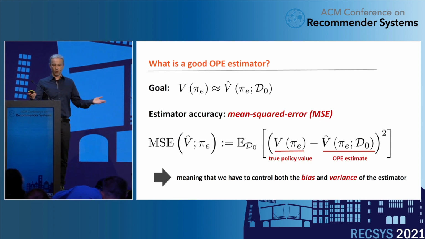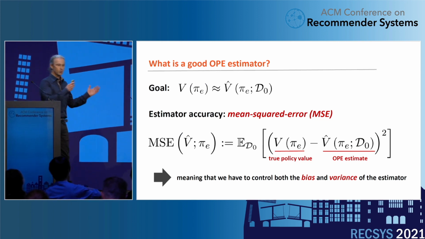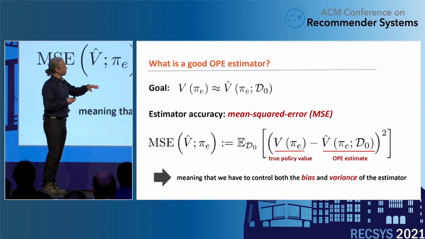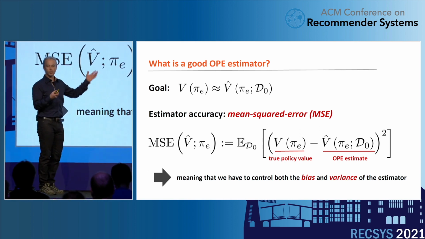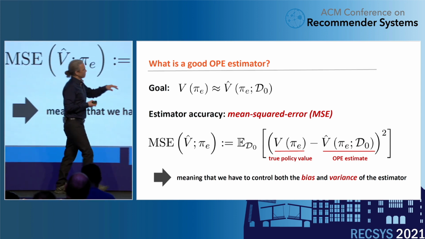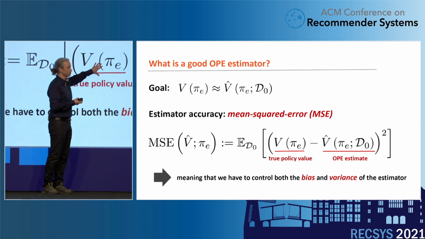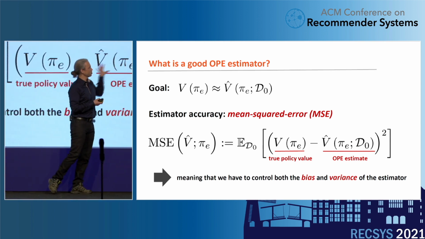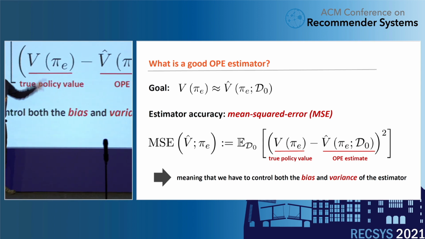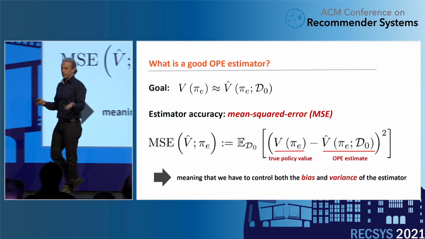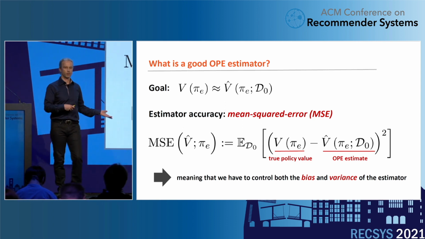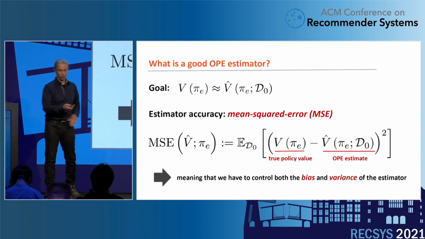Okay, but everything hinges now on whether we can actually do this off-policy evaluation, that we can use data from a different policy to evaluate a new policy pi-E. And the quality of an estimator, we will use the mean squared error to characterize it. That means if this is the true value that we don't know, the mean squared error is the squared deviation of our estimate from the truth. And like for every estimator where we have squared error, we have a bias-variance decomposition, and we have to think about both the bias of the estimator and the variance of the estimator. And that's going to come up throughout the whole